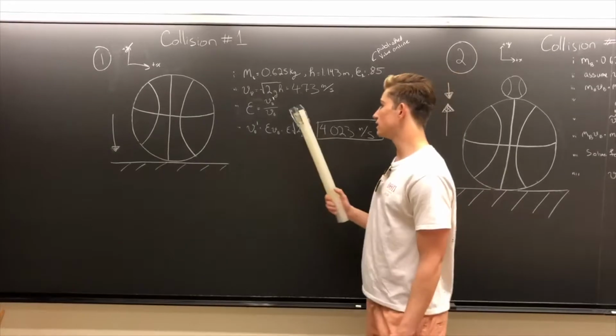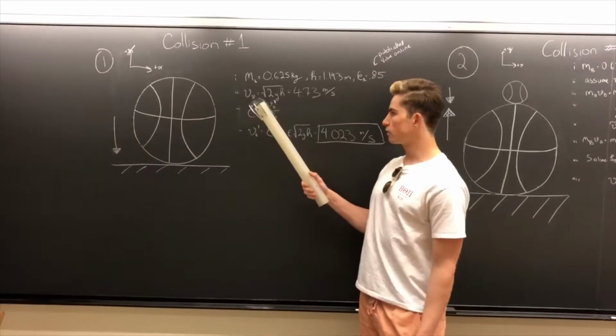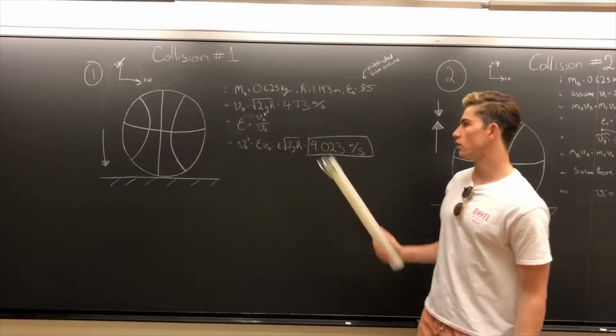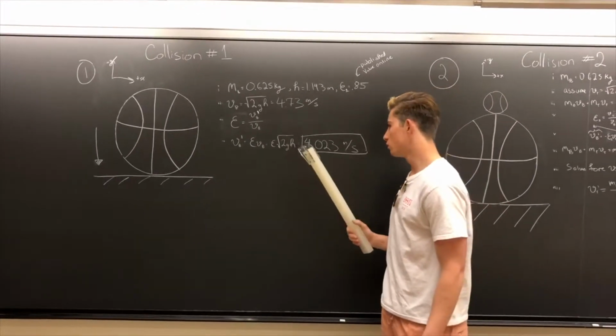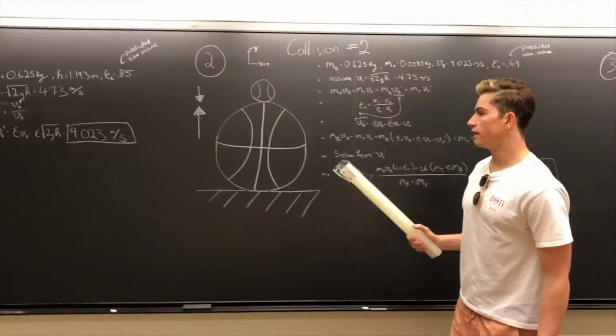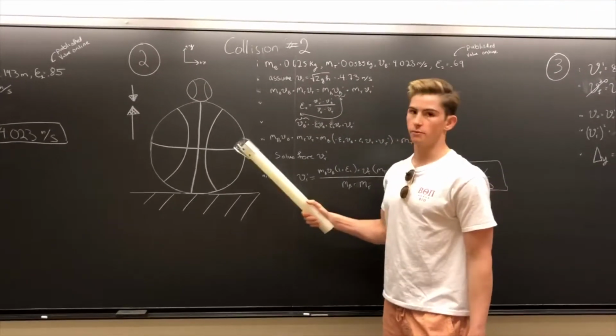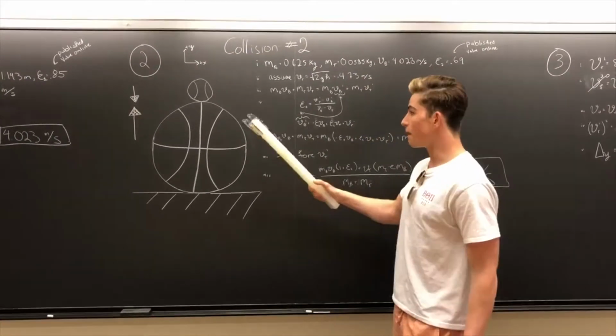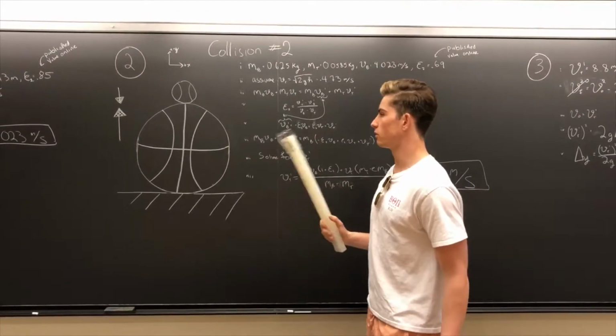There we can find the velocity of the basketball just before the collision, and using the coefficient of restitution, find the velocity of the basketball after the collision, which is 4.023 meters per second. And that is used as the initial velocity of the basketball for the second collision. And here we know the mass of the basketball again, and the mass of the tennis ball again,